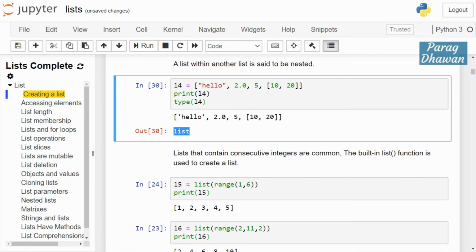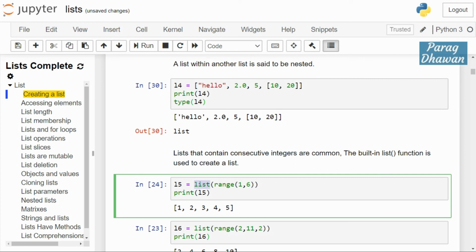Generally you create a list which contains consecutive integers. So there is a method wherein you can directly create a list of consecutive integers. What you have to do is precede the range function with the list function, and give the range function the parameters start value, stop value, and step size.